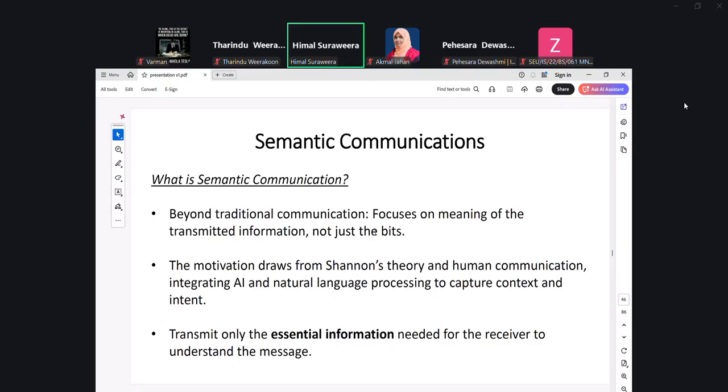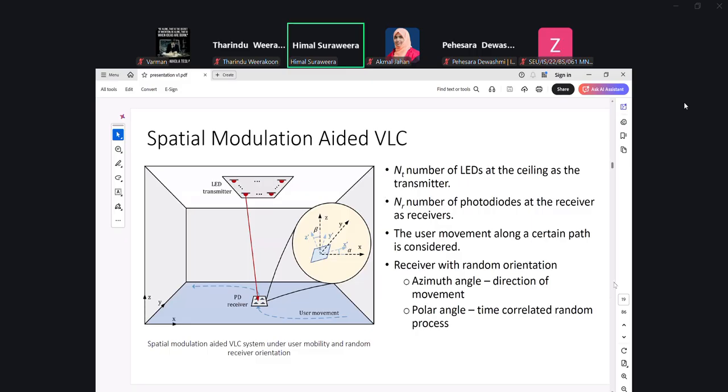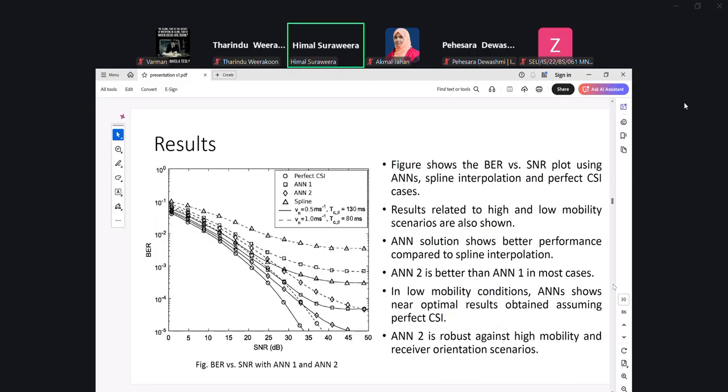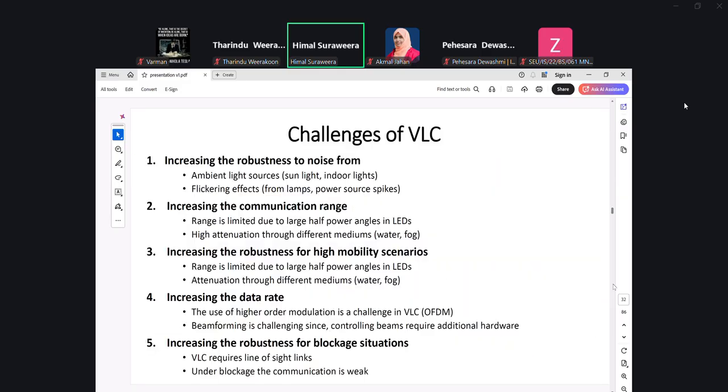So in order to extract the meaning, we use something called a semantic encoder and a decoder at the receiver, and those are based on machine learning approaches. So this is a good example where we can use machine learning to improve the quality of communication. I will, sorry, go into details of this system very quickly, given the limited time.